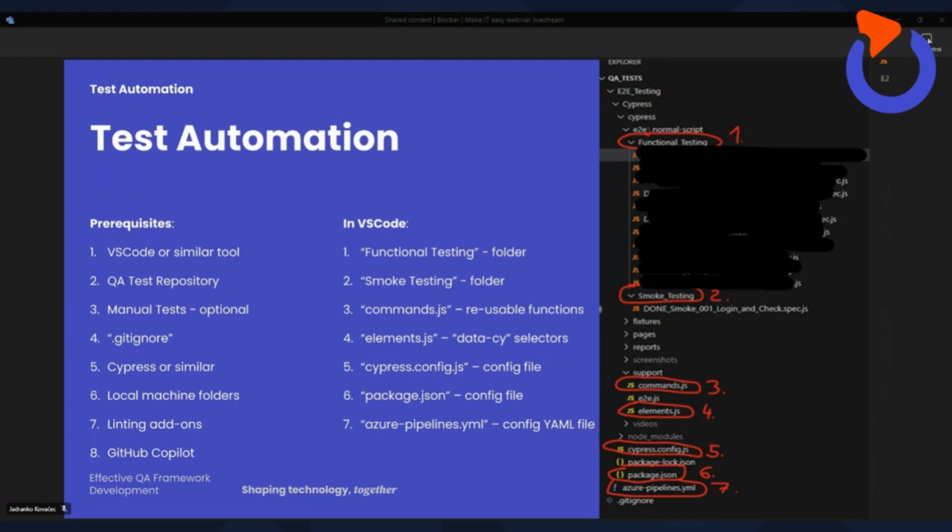Then with number 2, you can see the smoke testing folder. Then in commands.js, number 3, you can see that as a storage for reusable functions. Then number 4 is elements.js. Remember that we spoke about POMs and selectors for web page UI. This is the place where you define them and store them, because you will not define them only in the test, like the whole title of that